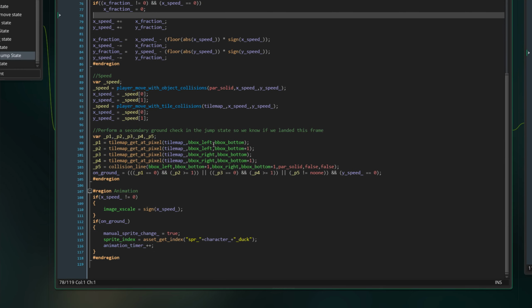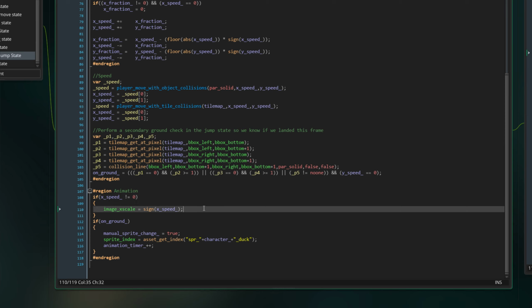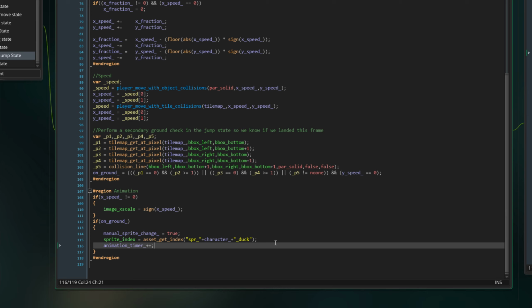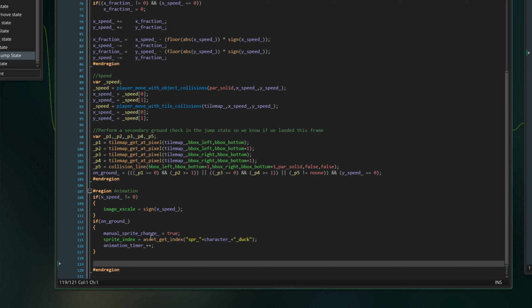Alright. And speed fractions are the same. Collisions are the same. On ground check is the same. So that just leaves animation. We have the same animation here. Same animation here. And last but not least,